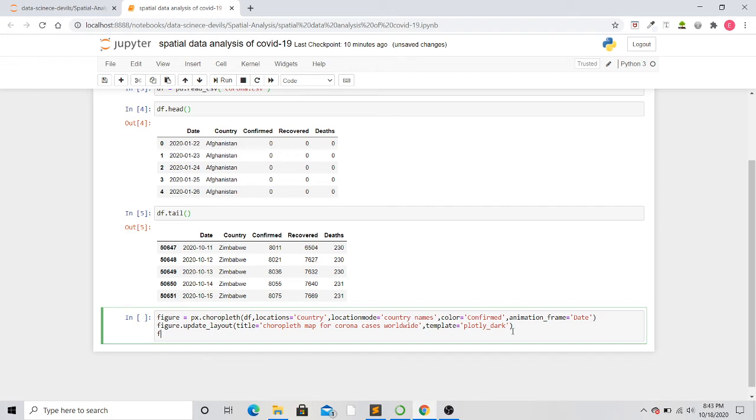Okay, now I want to display this. To display this, you have to write figure.show. As the name defines, it will simply show the choropleth map that you have drawn. Now hit shift enter.